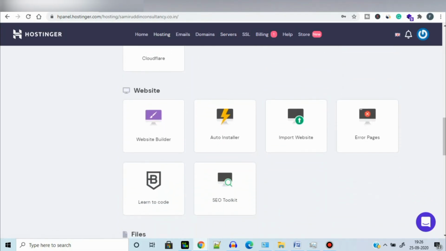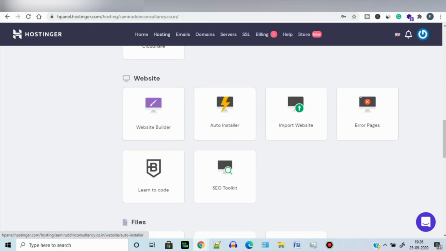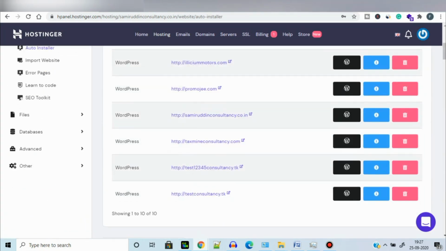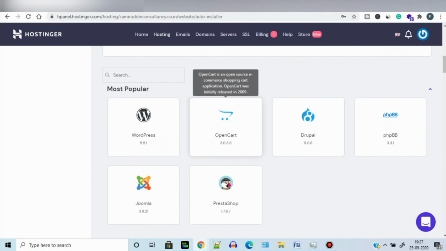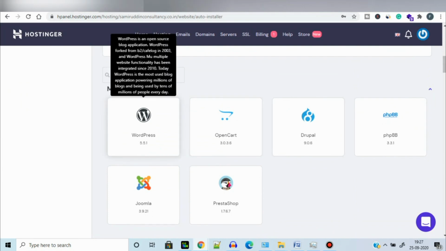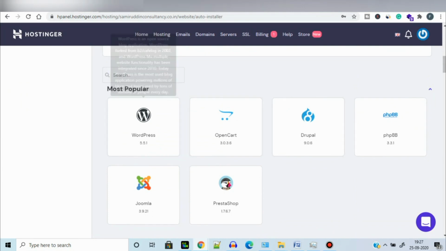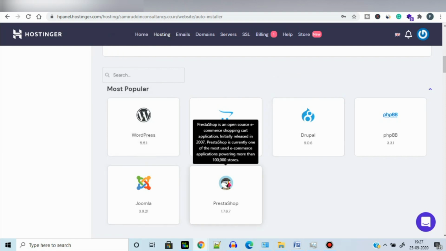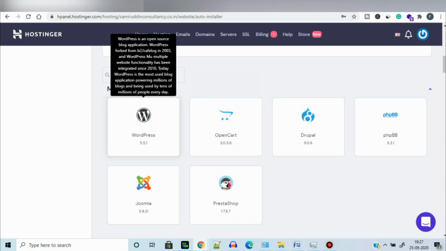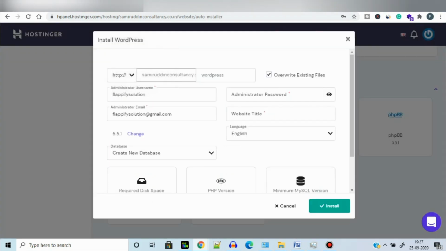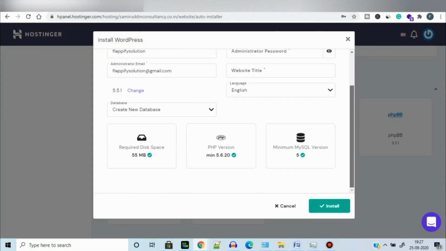Basically, we can use it as a website content management system. Just click on Auto Installer. You will get a lot of options like WordPress, Joomla, OpenCart and PrestaShop, etc. So you can install any of them according to your requirement.